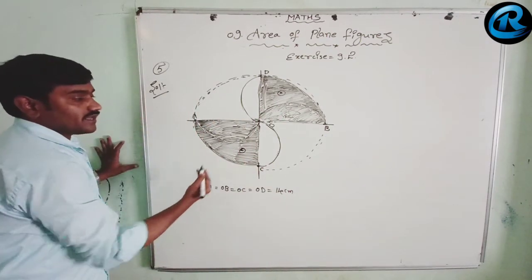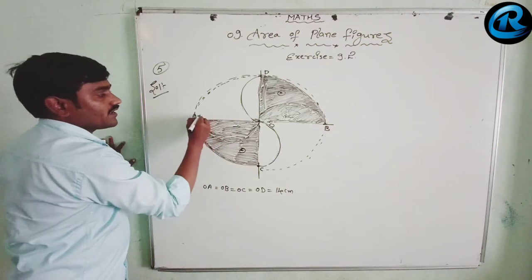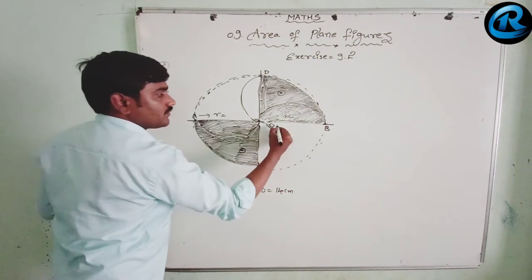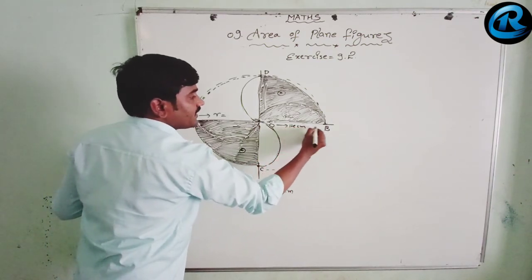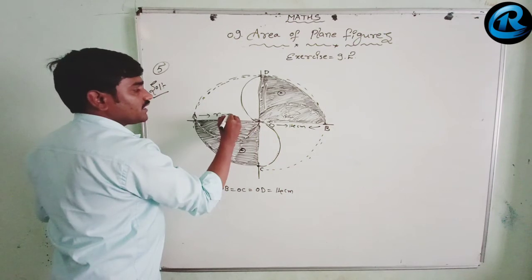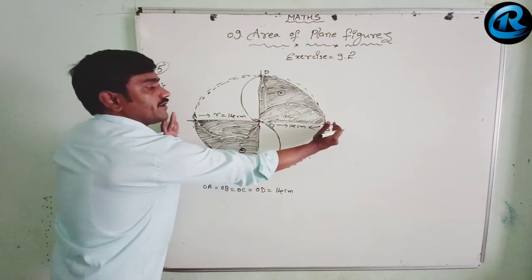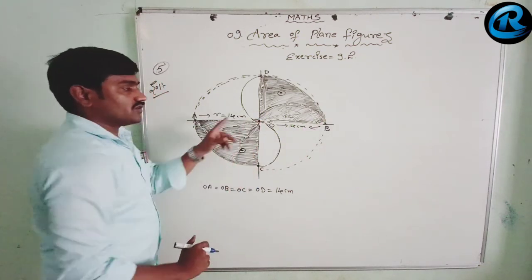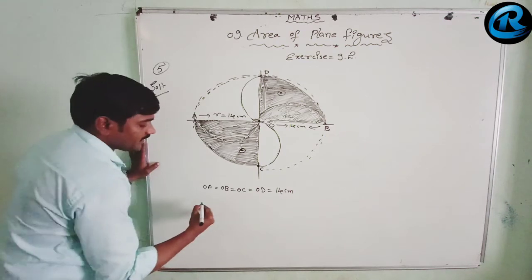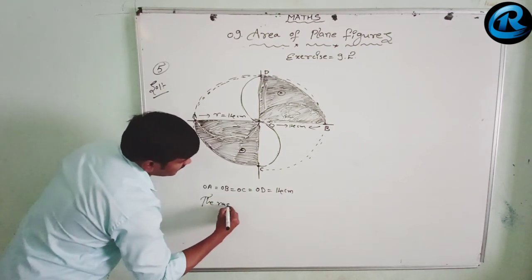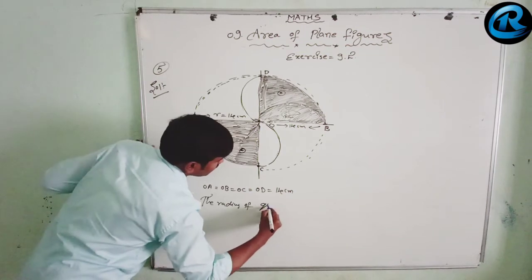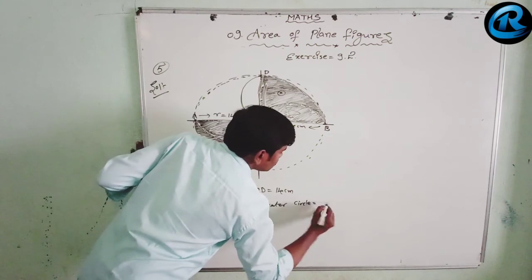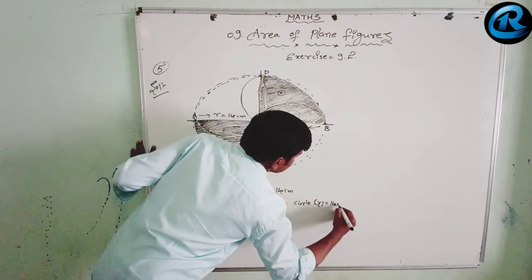So now the radius: here OA equal to what is given? OA equal to, and OB equal to, is nothing but 14 centimeter. It is a radius only, no? It is a radius of 14 centimeter. The whole diameter will be 14 plus 14, 28 centimeter, but till OA it is a radius only, 14 centimeters. Now the radius of the quarter circle is equal to 14 centimeters.